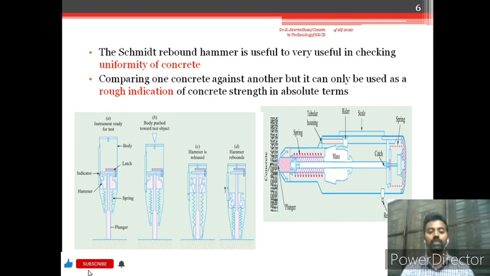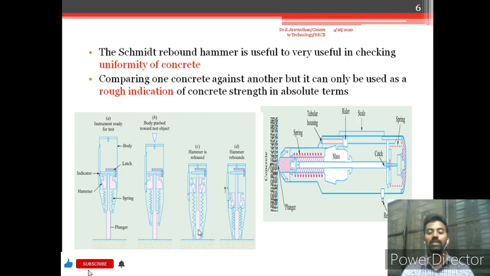When you strike with this plunger, the plunger gets inserted into the equipment, and after you have struck, the whole mass will strike the spring component which is inside. Here you can see the spring component. This mass will strike the spring, and due to the force caused by the concrete structure, the stronger the concrete, the more the mass will strike on the spring. According to this striking force, we get the rebound number on the rebound scale.